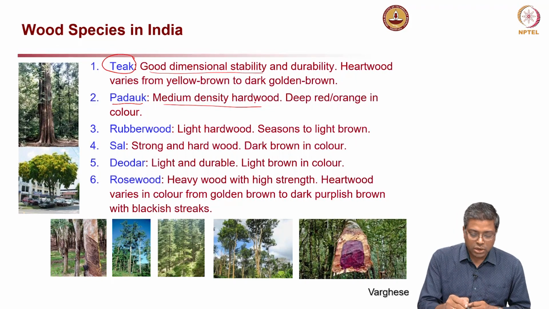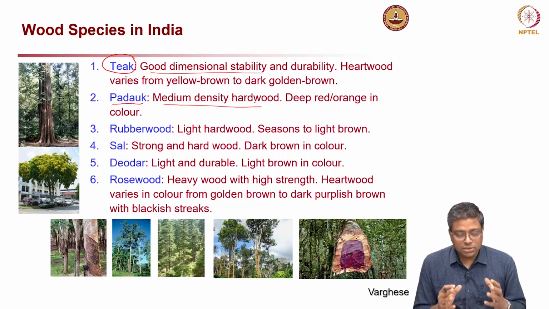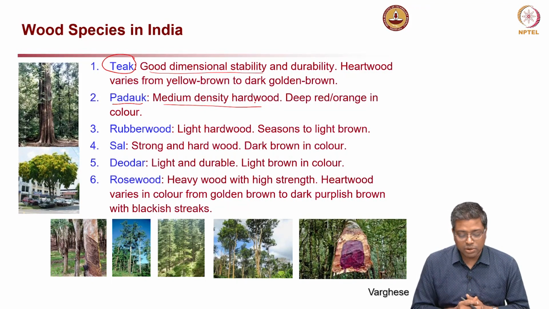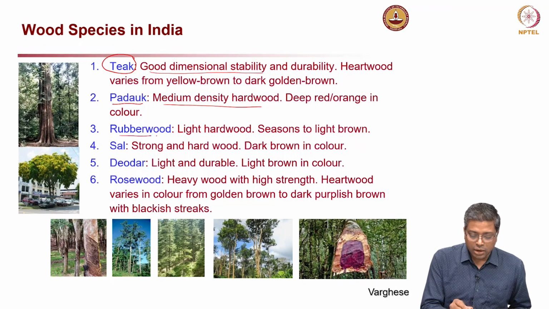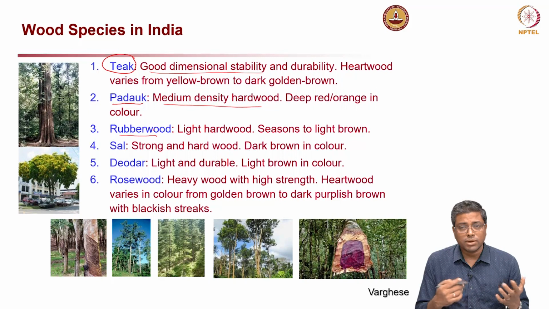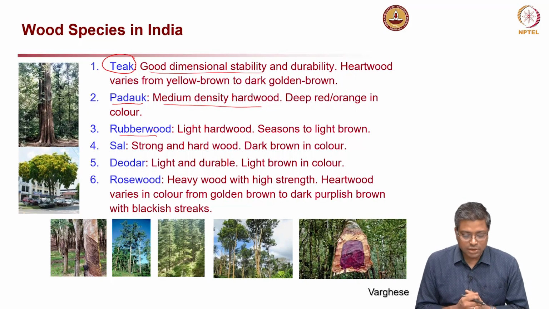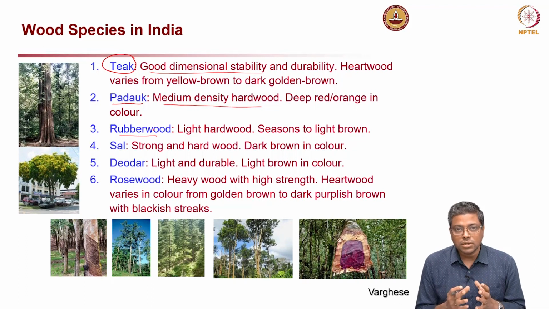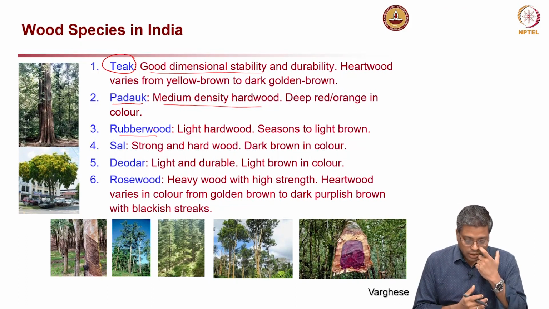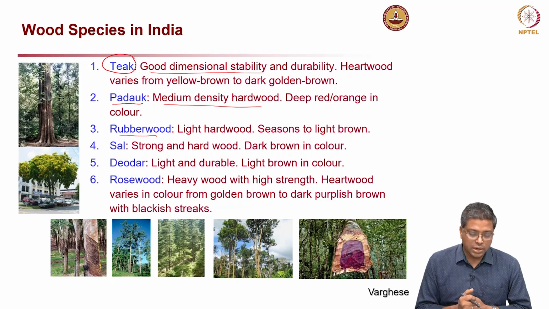Color also matters. So, you can look at this list here. I mean, this is not something to memorize, it is just for you to have a feel of what types of timber or wood are available in our country. Then what are the properties you should look for also. Color is definitely one thing, because aesthetics is something we look for, and also the dimensional stability, strength, and how easy it is to work with that timber, the wood. These things we should really worry about.